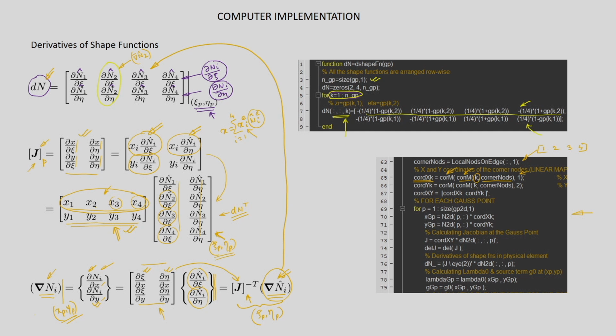Similarly, for the same element we are getting the y coordinate from the coordinate matrix and storing it in coordinate yk. That is basically the second row of this matrix. Here we are getting these as column vectors, so we are taking the transpose of it and forming the matrix coordinate xy. So, this is the same as this guy. Next, what we will be doing?